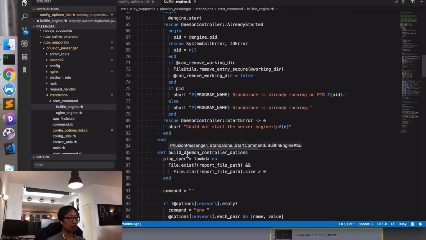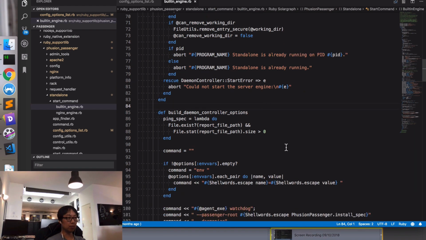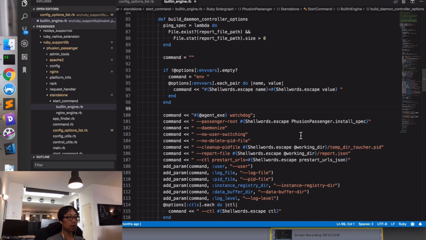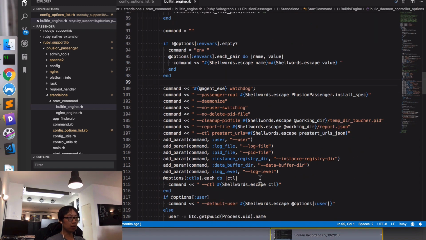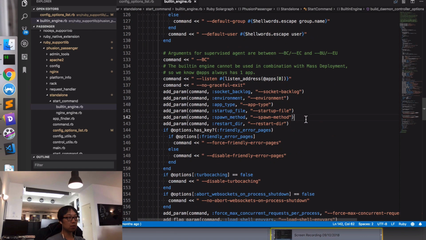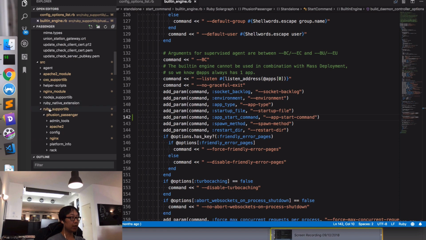There's code down here in build daemon controller options, and daemon controller is the library that Passenger Standalone uses for starting background daemons such as the Passenger agent. And here you see all the command line flags that it tries to pass. Yeah, on the startup file would be a good place. App start command, minus app start command. Okay, so we passed the command line option to the Passenger agent, but the Passenger agent has to parse that command